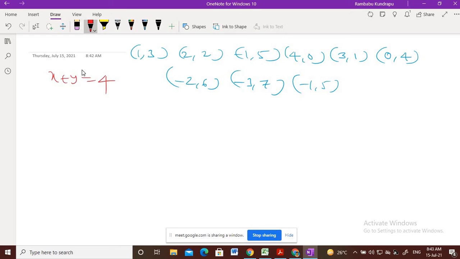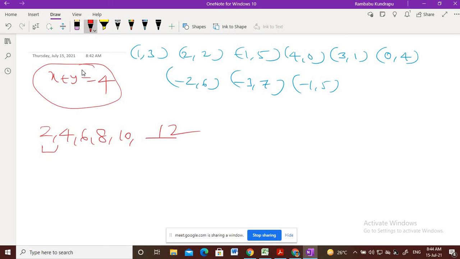Now you see how to form this equation. You are asking this question. Further, you see in the lower standard some reasoning questions are there. For example, 2, 4, 6, 8, 10. What would be the next number? The next number is 12. So how are you saying the next number is 12? Plus 2. By observing, the difference is 2.